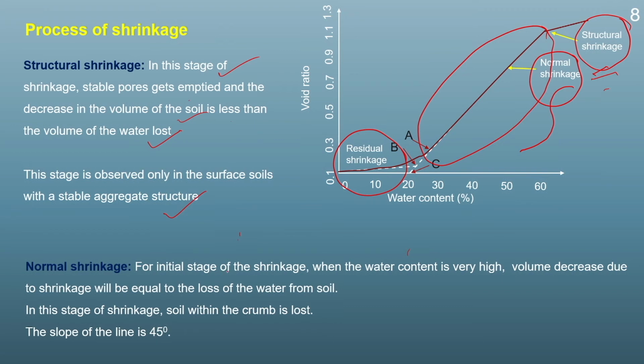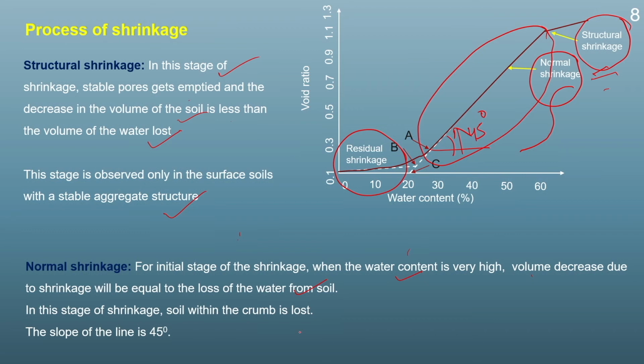For the initial stage of shrinkage, when the water content is very high, the volume decrease due to the shrinkage will be equal to the loss of water from the soil. So, in this stage of shrinkage, the volume change of the soil due to the shrinkage phenomenon will be equal to the change in the volume of the water. Therefore, this line makes an angle of 45 degrees, and in this stage of shrinkage the water within the crumb